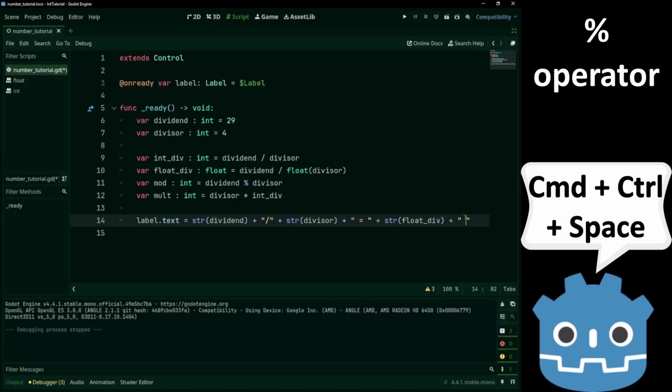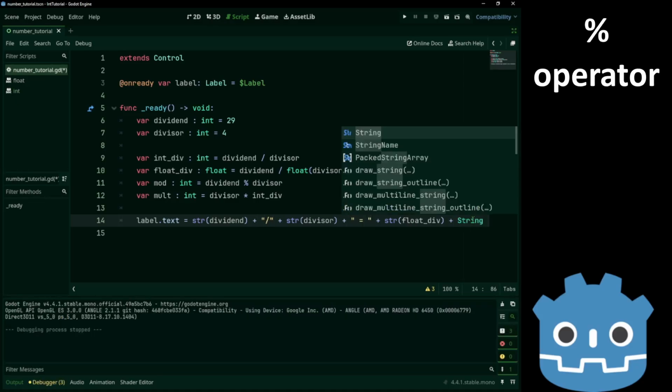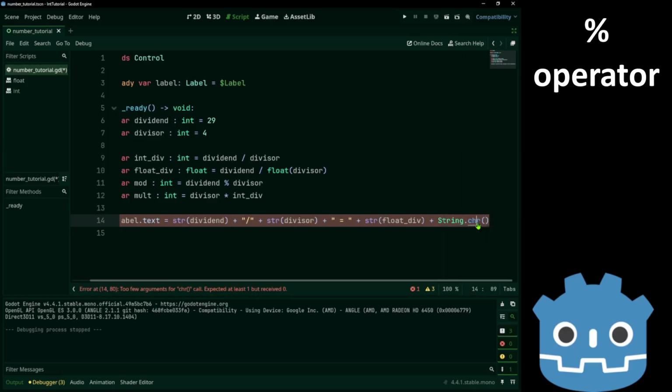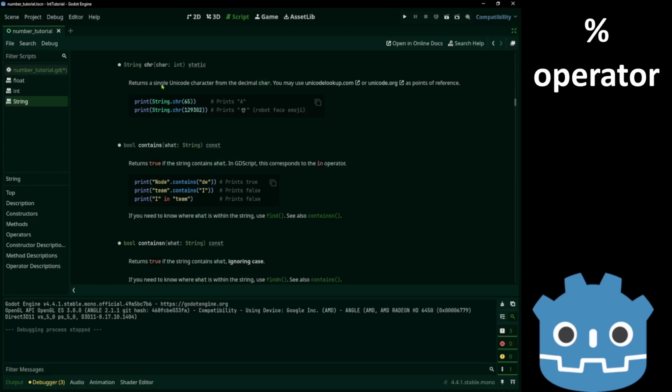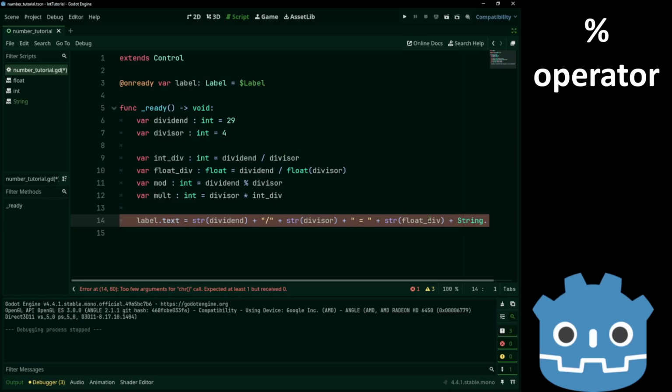If the emoji menu still doesn't open up, we can use String.chr. This method takes a number and returns a Unicode symbol. The number for the right arrow is 2192. So let's try it.